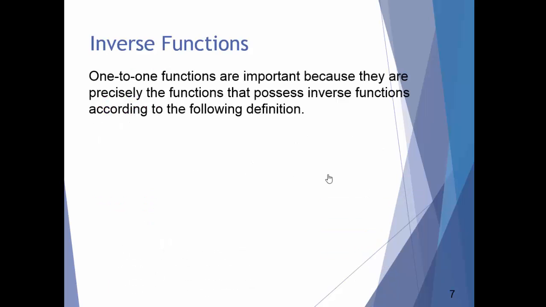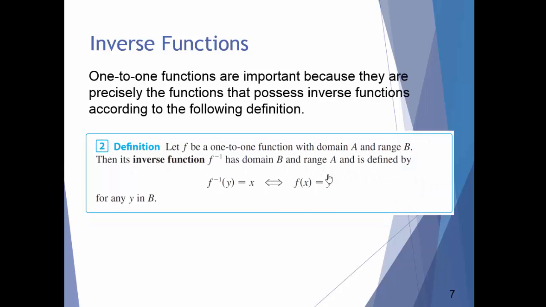The reason we bring up one-to-one functions is because those are the functions that possess inverse functions, according to our definition. So let f be a one-to-one function. It passes the horizontal line test and meets the requirements of those algebraic symbols that we mentioned. It has a domain of A and a range of B. Then its inverse function, which we denote with f with the -1 in the superscript, has a domain of B and a range of A and is defined by, so here's how we define it,